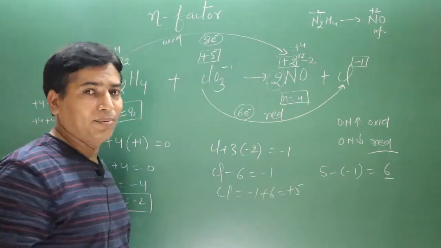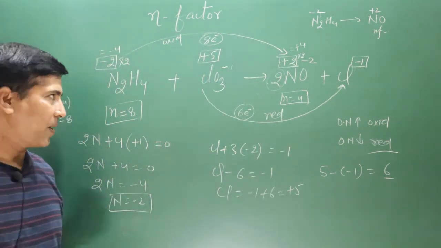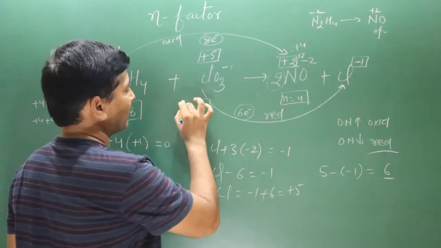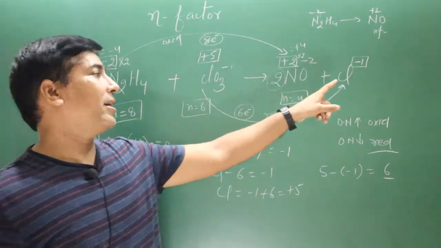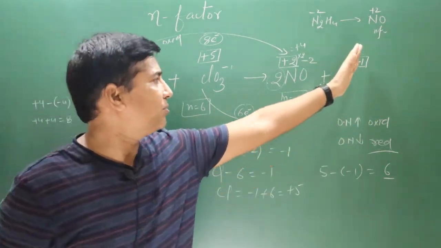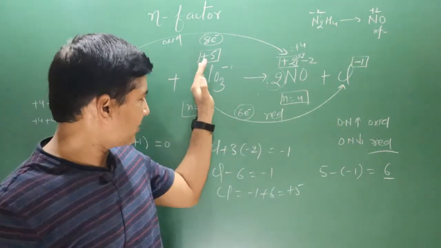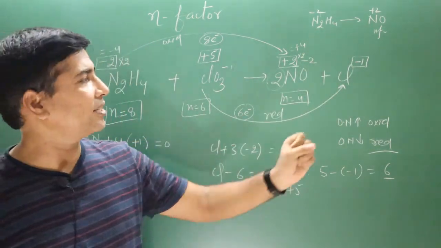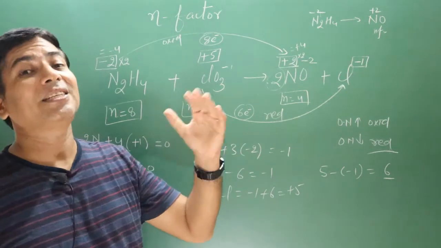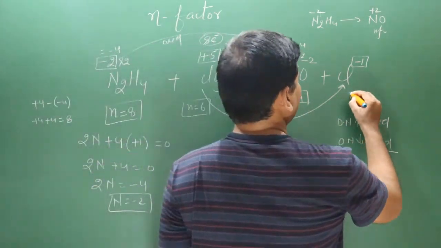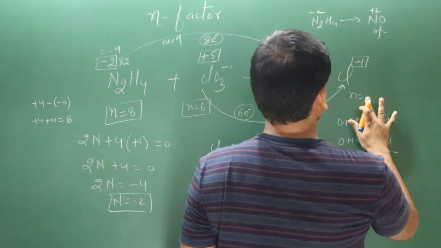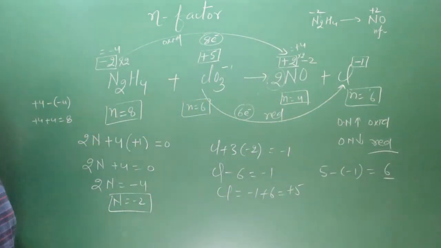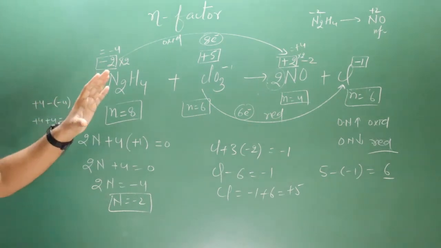It is a reduction reaction, meaning gain of electron is taking place. Okay, 6 electrons. So in this case n factor value will be 6. Okay, 1 Cl, this side also 1 Cl, number of Cl is present. Even if you come back, this is reduction from left to right. If you come back, from right to left, then it will be oxidation, minus 1 to plus 5, increase in oxidation number, and difference in oxidation number is going to be the same. Then we have n factor value will be 6 only. 5 minus minus 1 is equal to 6. So that is how we calculate n factor value.